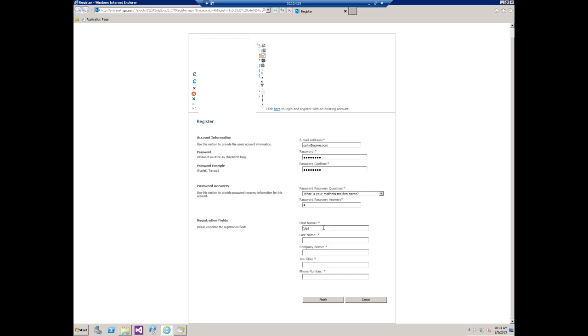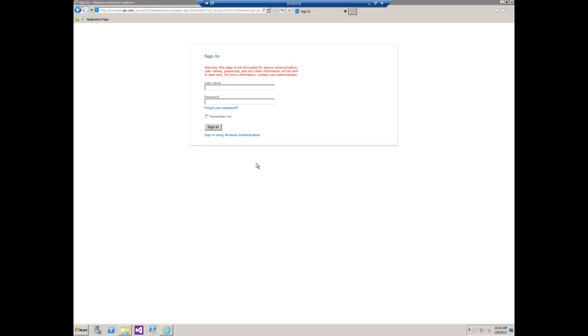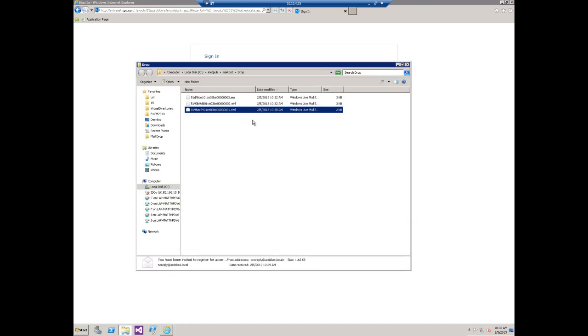And finally, our information. Customer service manager, and just a quick phone number, and click finish. We can see that it has been accepted, so we can actually go ahead and attempt to log in as Sally now. And while we're looking at that, or waiting for that, we can also see that we've gotten a